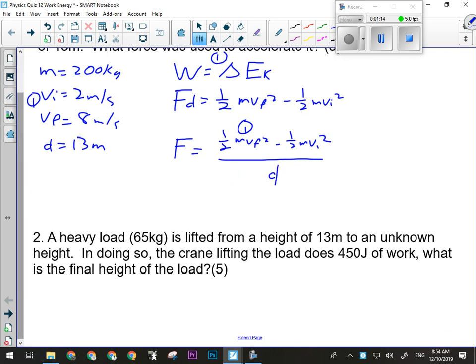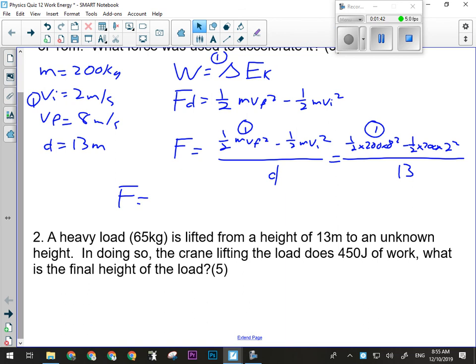Their 4th mark will be for plugging in the numbers correctly. So that'll be 1/2 times 200 times 8 squared minus 1/2 times 200 times 4 squared. Or sorry, 2 squared. Not 4 squared. 2 squared is 4. Divided by the distance, which was 13 meters. So that'll be their 4th mark. And then finally, our force will be